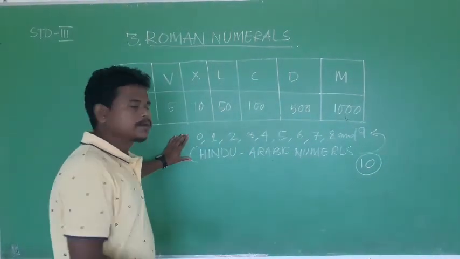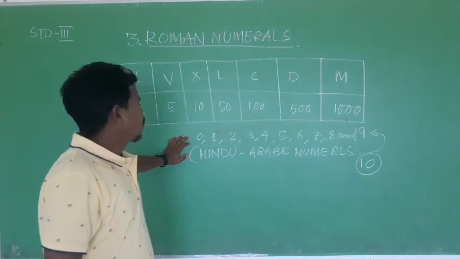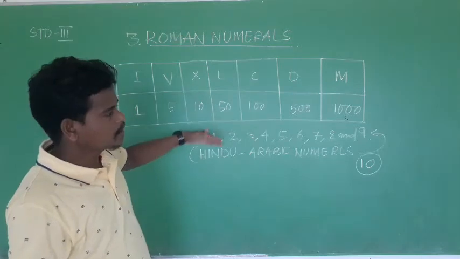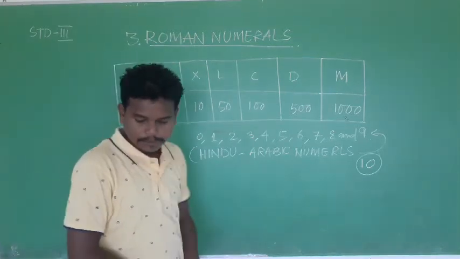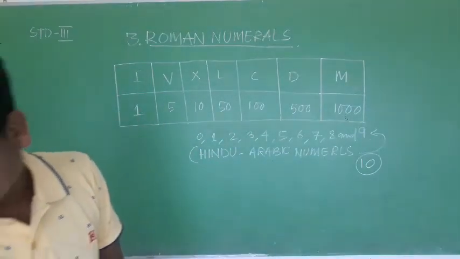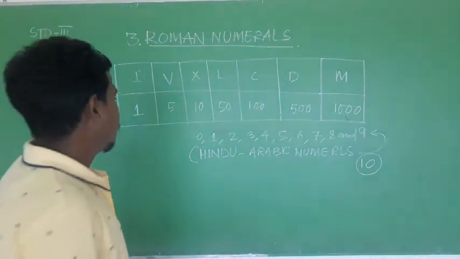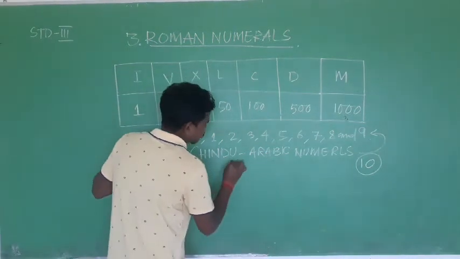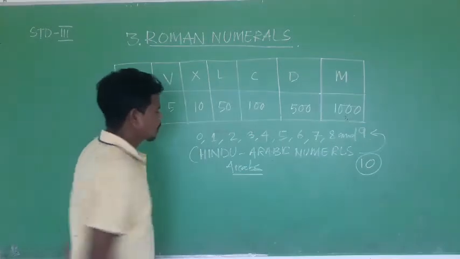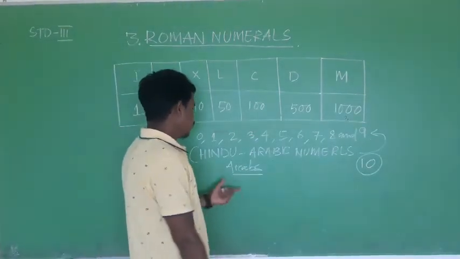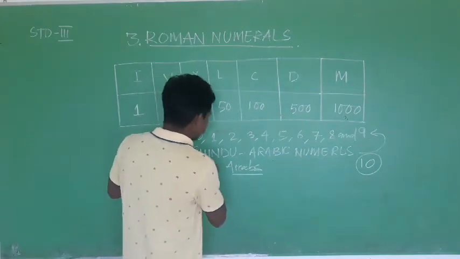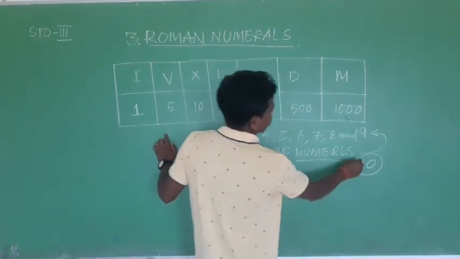And later, after developing these digits, they were used in other countries also, and they were spread to other countries by the Arabs, who visited India. That is why it is called Hindu Arabic numbers or numerals.